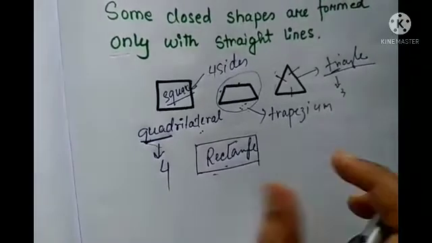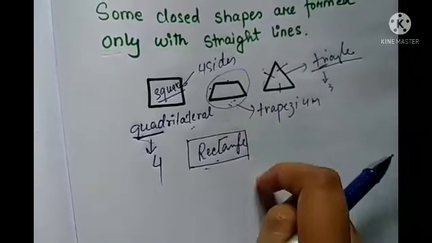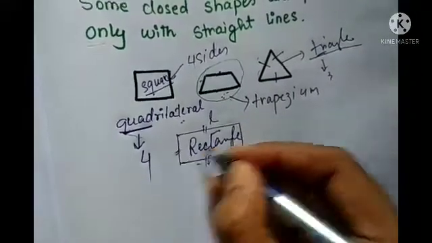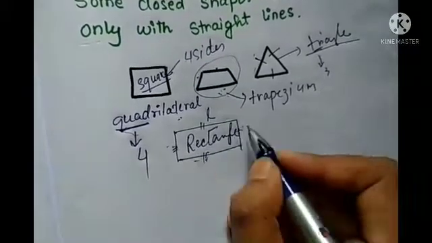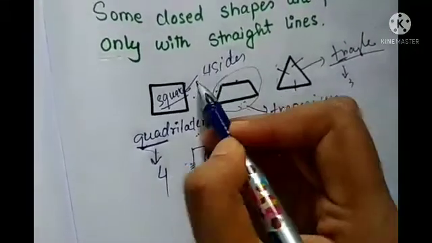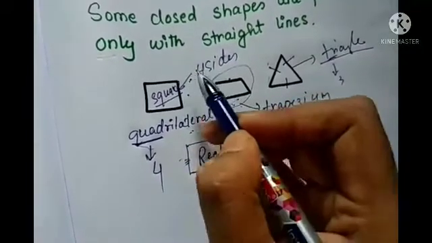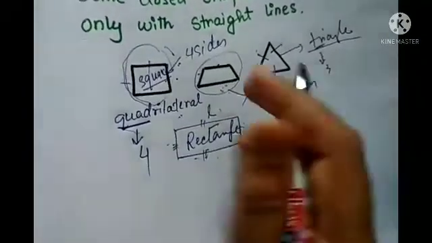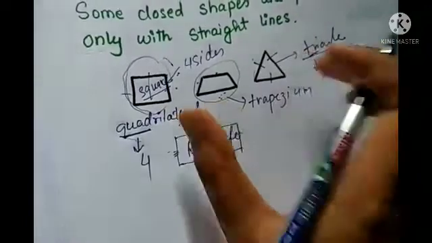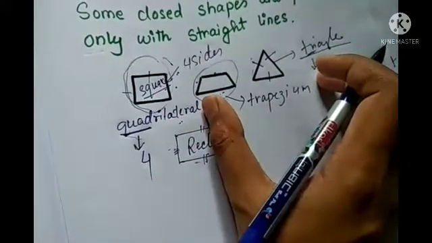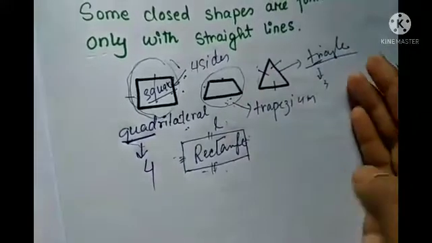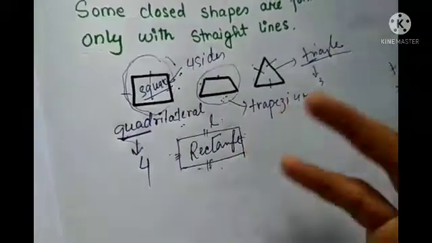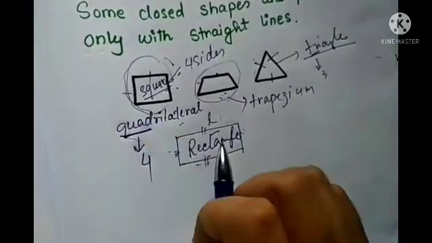And the square and rectangle have some special properties also. A rectangle is a special quadrilateral in which opposite sides are equal in length, okay? As I told you already, these are called length, and here the breadths are the same, so they are opposite to each other, right? So opposite sides are the same. And a square is a special rectangle in which all 4 sides are equal, okay? So every shape has different properties. When you go to higher classes, you will come to know about other shapes and their properties as well, okay? In quadrilaterals, we can give so many examples like trapezium, rhombus, square, rectangle.